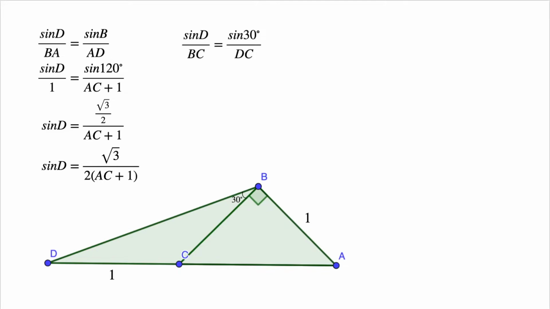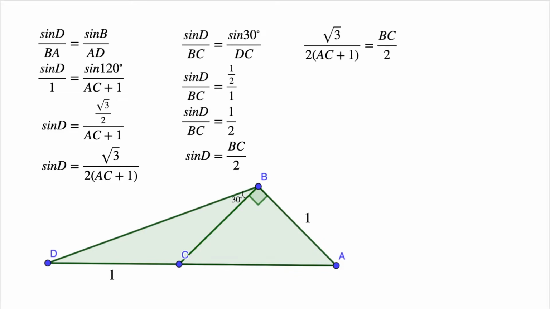Substituting in the known values like last time, we get this. And since we want to get rid of sine of D, we isolate it by multiplying both sides by BC and get this equation with sine of D isolated on one side. Now that we have two equations with sine of D, we can substitute one into the other to get rid of it. And we get square root of 3 over 2 multiplied by AC plus 1 is equal to BC